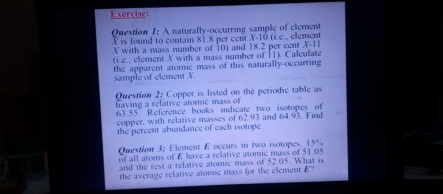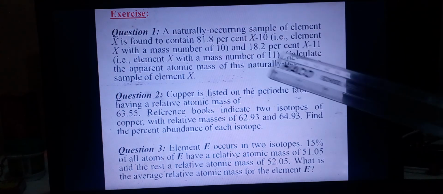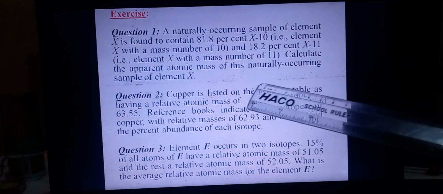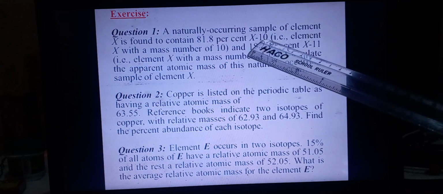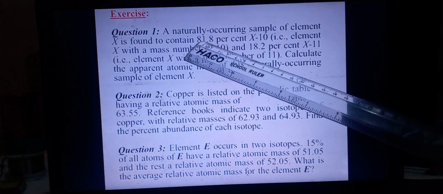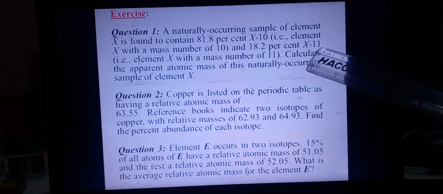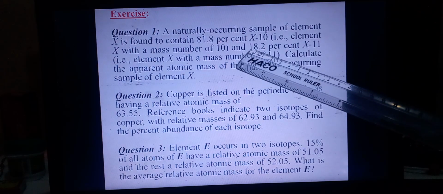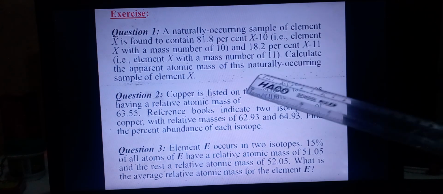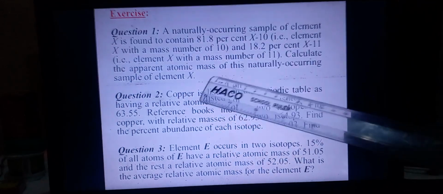Now we have self-test questions which you are supposed to attempt. The first question is about isotopes of element X. The first isotope has a mass number of 10. Percentage abundance is 81.8. The second isotope has a mass number of 11. Percentage abundance is 18.2. You are supposed to calculate the apparent atomic mass of this naturally occurring sample of